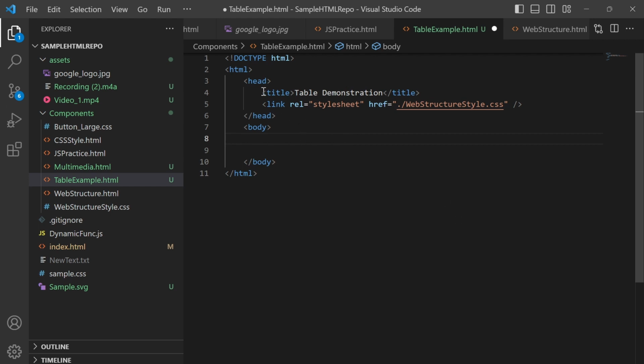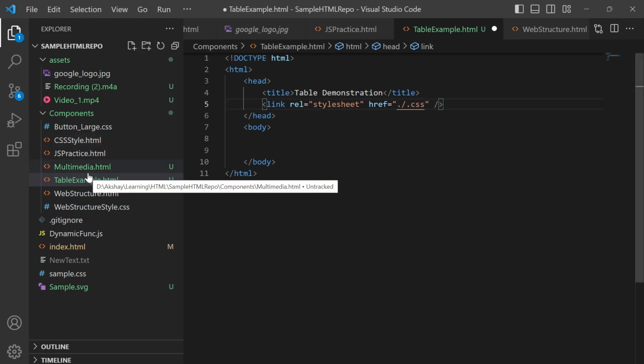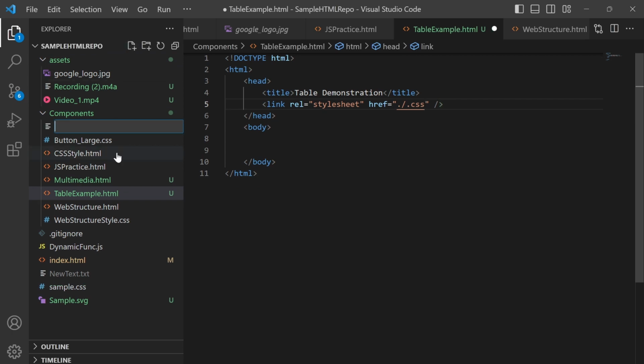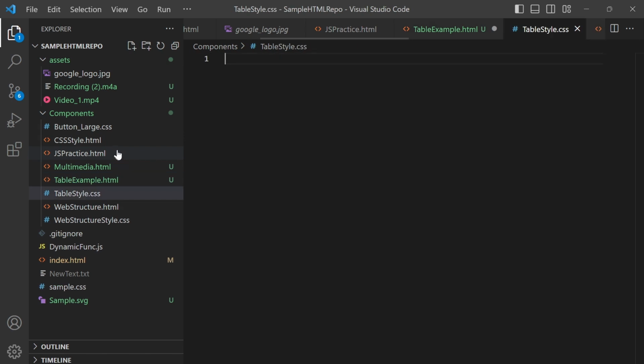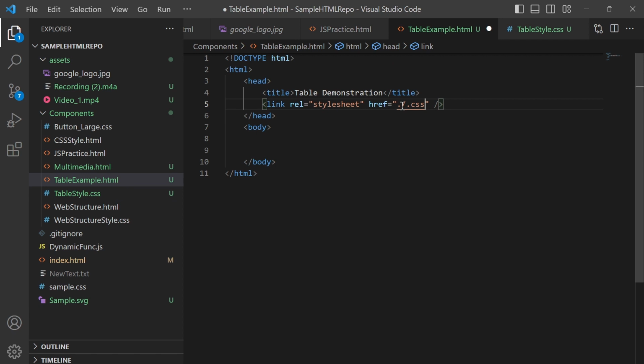Okay, so I have added the title as table demonstration, and then I can remove the CSS file and create another one specifically for this HTML file, table example.html. I will create one CSS file, and I will import that here.